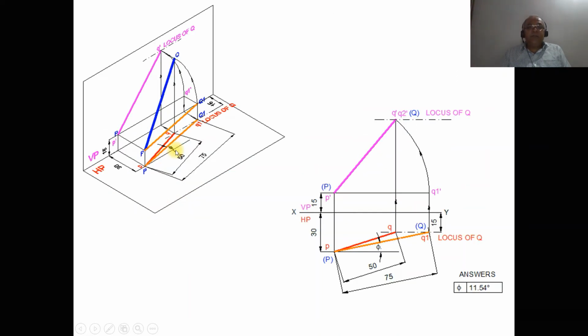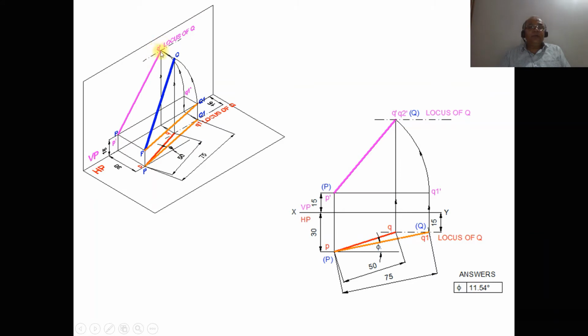Now we are going to take it up stepwise. Initially we can see here we have the top view, we have the true length, and we have the locus. P is above HP by 15 and in front of VP by 30 mm, and Q is in front of VP by 15 mm. Once you have the top view and the true length, when you look from the front view, that image is going to be on P dash Q1 dash. As we know we have the top view, the front view line should lie on this line. So with P dash as center, taking the radius of P dash Q1 dash, you rotate it so that it is going to cut on this end projector, so that you get the locus of Q in the front view.